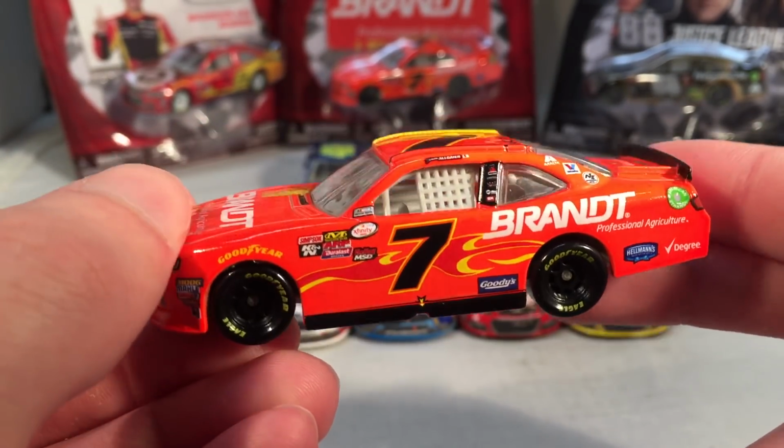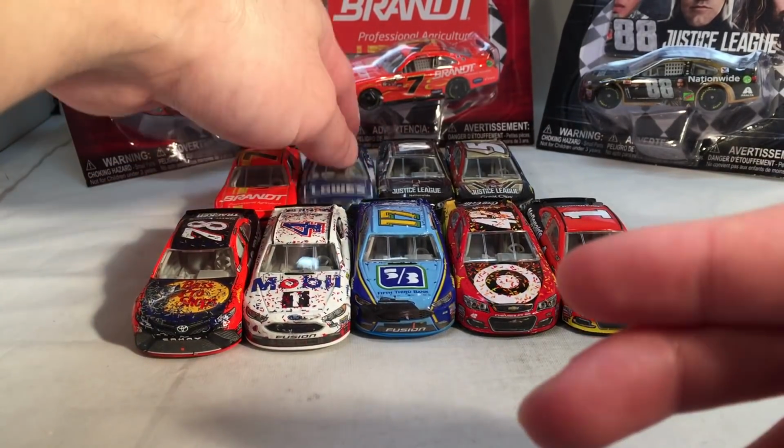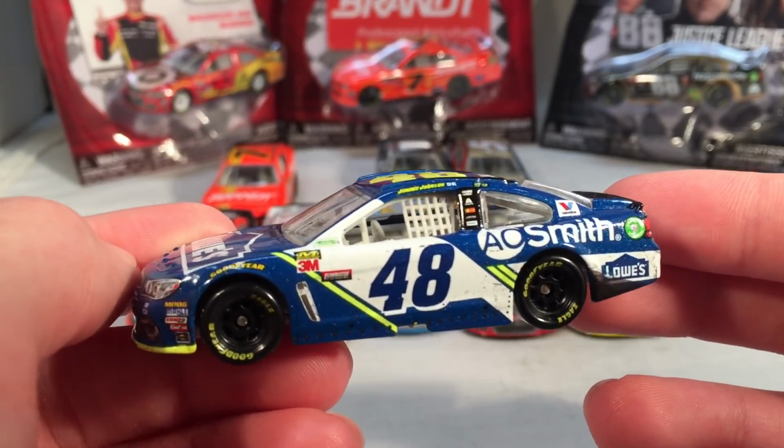Not a bad car, pretty good choice. Love when we get some DNP cars, so that's definitely a nice choice. Next up, we have another race win. We've got Jimmy Johnson's Bristol race win,